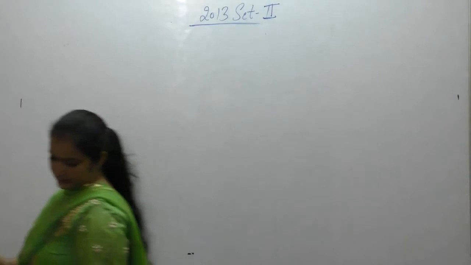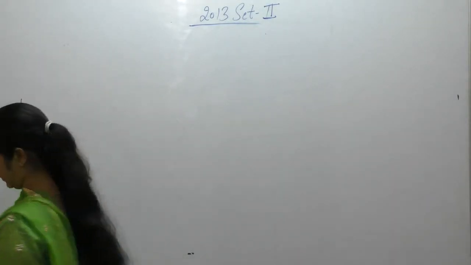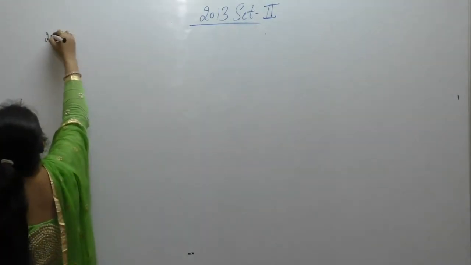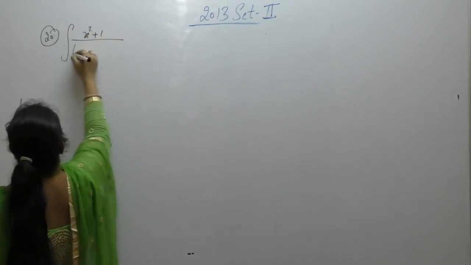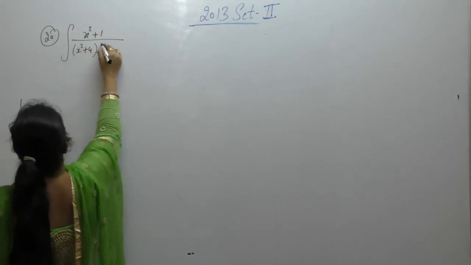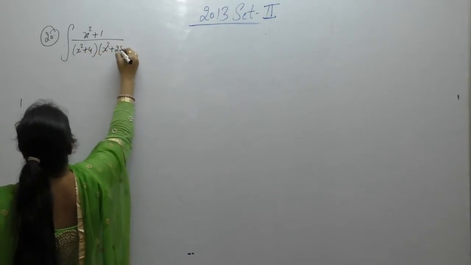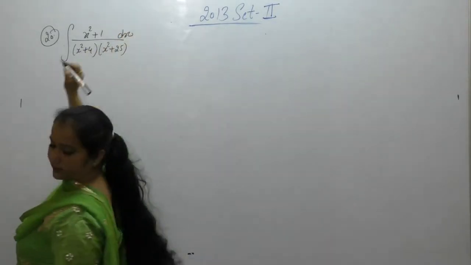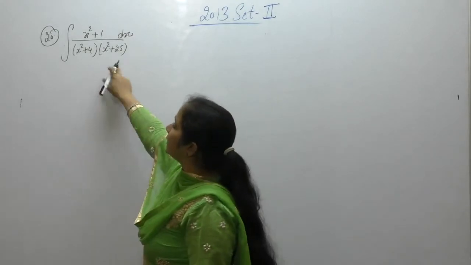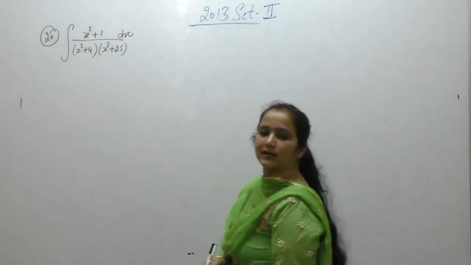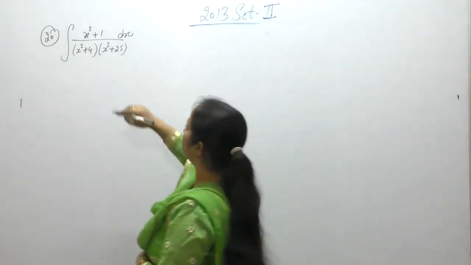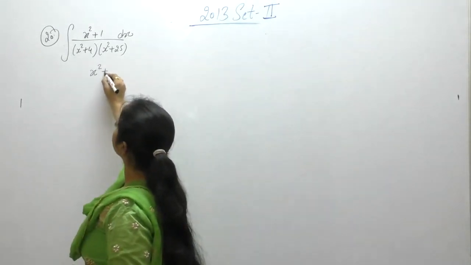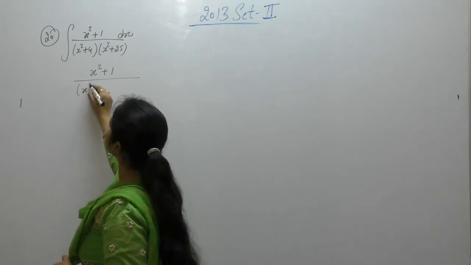Now the next one is evaluate the integral of 1 upon x square plus 1, x square plus 4, x square plus 25 dx. Now in the denominator, these are quadratic factors which cannot be factorized further. Therefore, this is the case of partial fraction. We will use the relation for